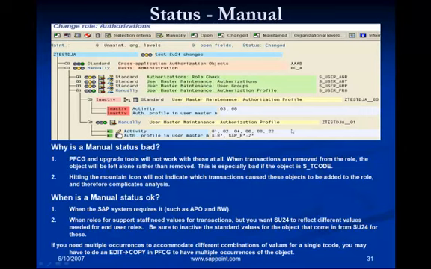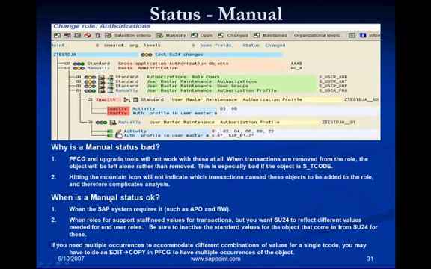So the system will not remove those manually inserted objects, because when you hit the mountain icon, the system is not going to indicate which transaction caused these objects to be added to the role. So again you would not know which transaction code needs the object.